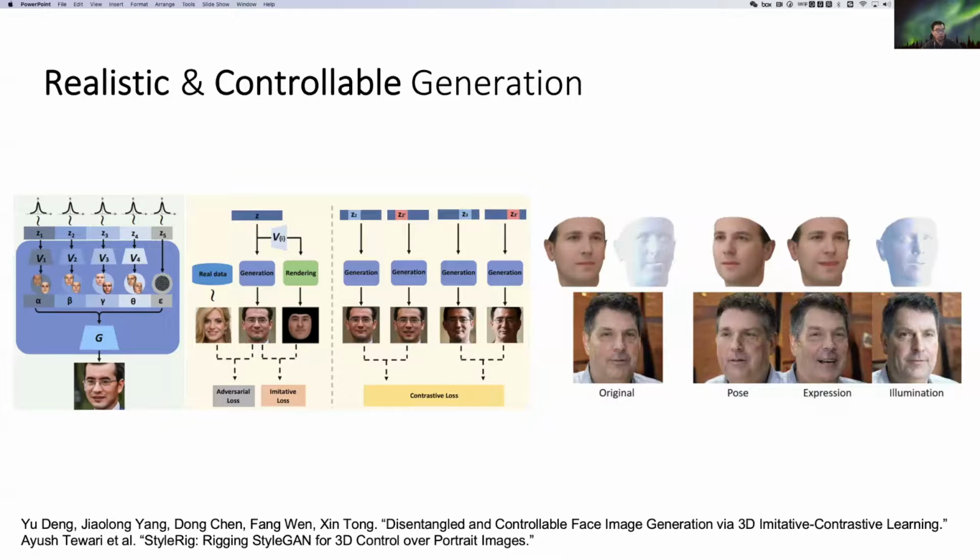So a new rigging network, RigNet, is trained between the 3D semantic parameters and StyleGAN's input. The network is trained in a self-supervised manner without the need for any annotations. At testing time, their method generates portrait images with the photorealism of StyleGAN and provides explicit control over the 3D semantic parameters of the face.